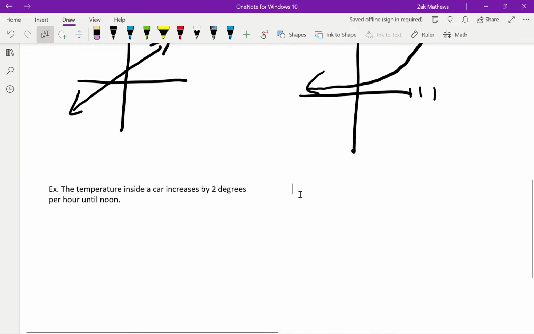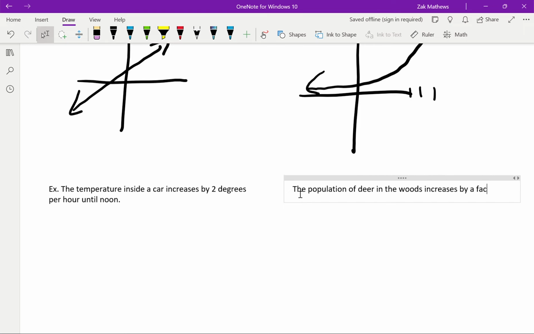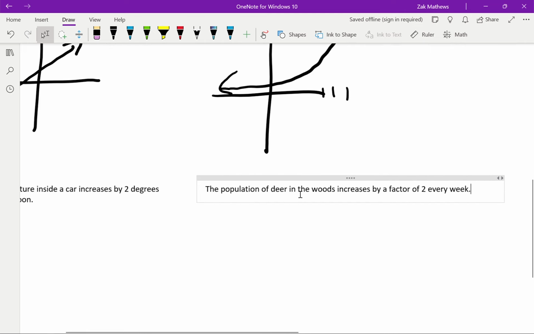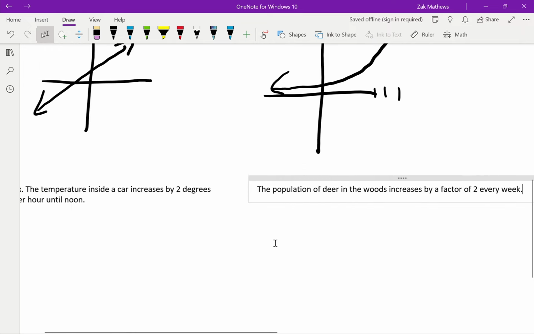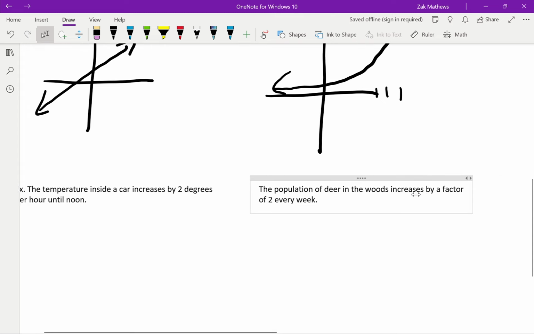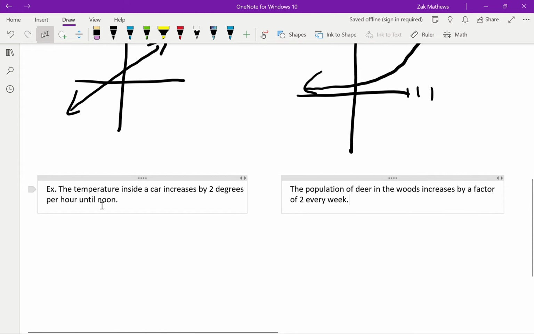All right, let's look at an example of exponential growth. The population of deer in the woods increases by a factor of 2 every week. I've given 2 different increments of time. That doesn't matter, right? We have per hour versus per week. The key is every 1 unit of time increase, how does the